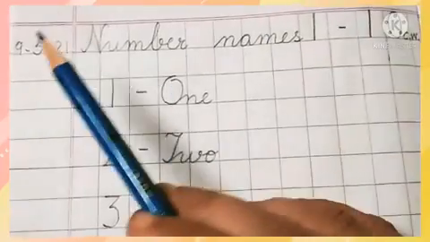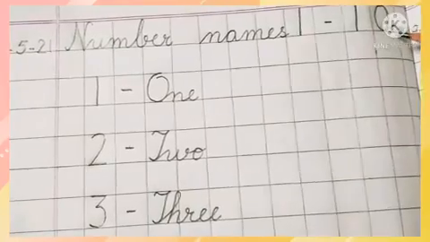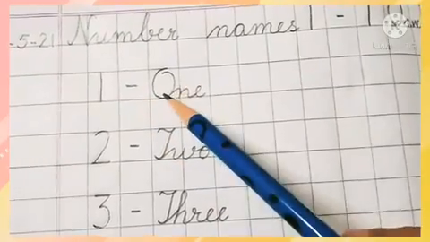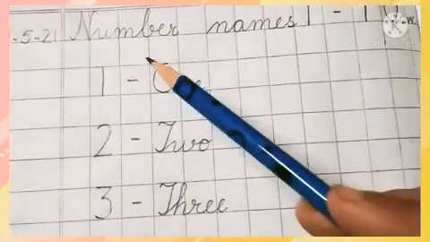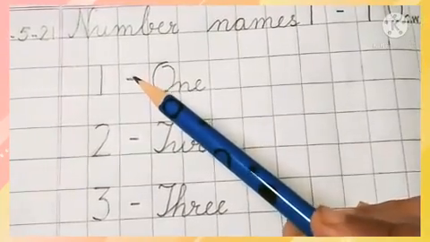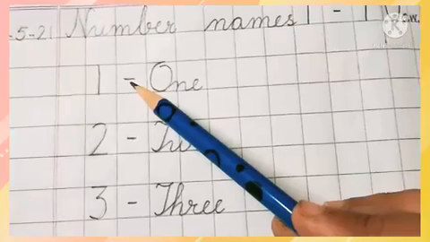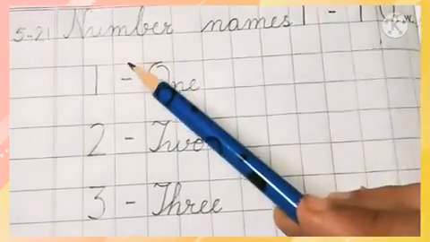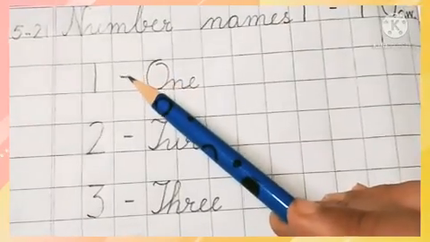Now let's have a revision of this. Write date, heading, number names 1 to 10, and at the right side corner, CW. Then after that, write 1, make dash and write spelling of 1, which is O-N-E, 1. You have to make these dashes, children, because this is important. No student will do their work without making these dashes. This is necessary. After writing the digit, you have to make dash. Means you have to leave this box. Then you will write the spelling. And when you leave this box between the number and the number name, you will make a dash here.